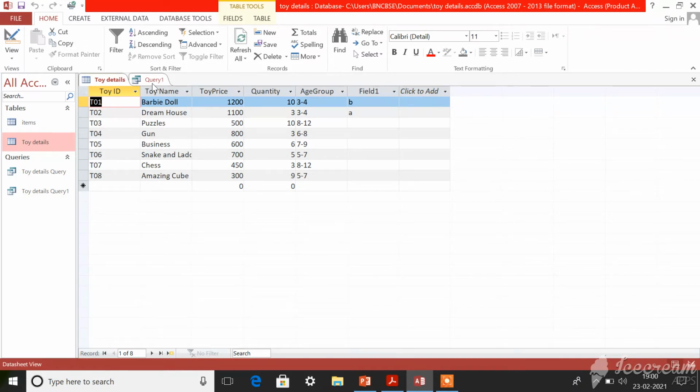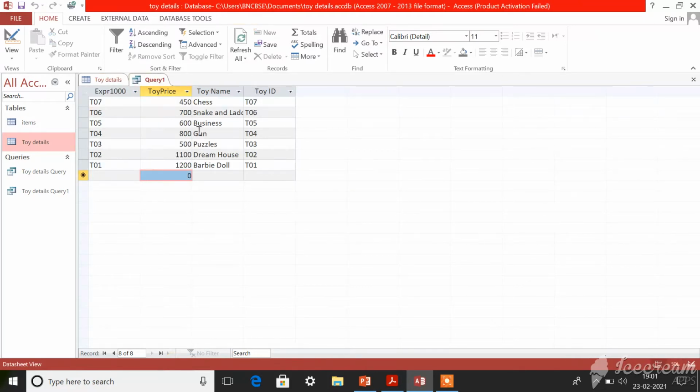Since this is a small table, this won't look much useful, but imagine a table containing 1000 or 2000 rows. In that kind of table it will be very difficult to find a particular detail, isn't it? So for that, using this query option, you can easily sort out only the desired value and easily find the data that you need.